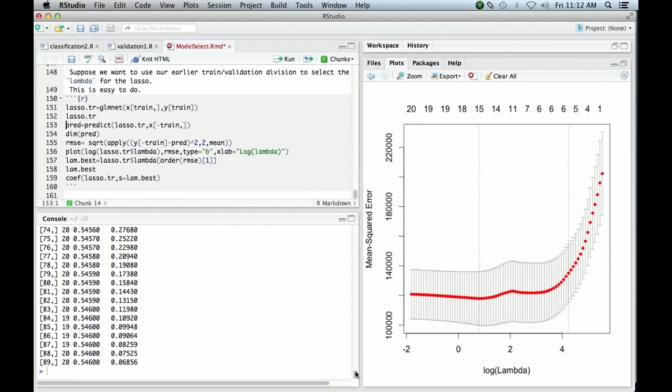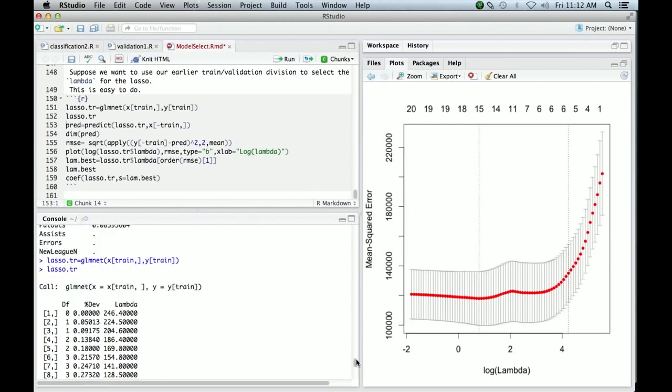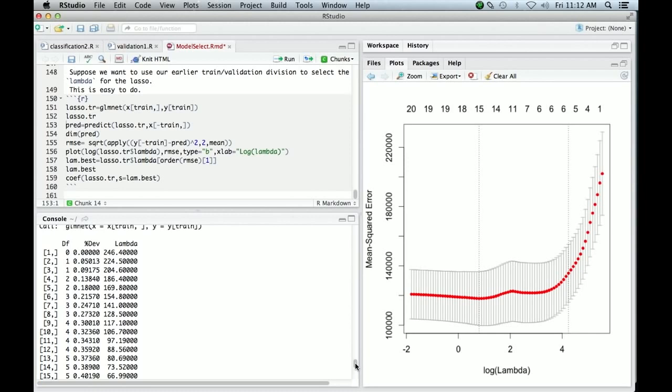It actually tells us the summary of a glmnet fit. For each of the models in the path, it gives you the degrees of freedom, which is the number of non-zero coefficients, the percentage deviance explained, which is like R squared for generalized linear models, but in this case it's squared error loss, so that's just R squared on the squared error loss scale, and the lambda value that corresponded